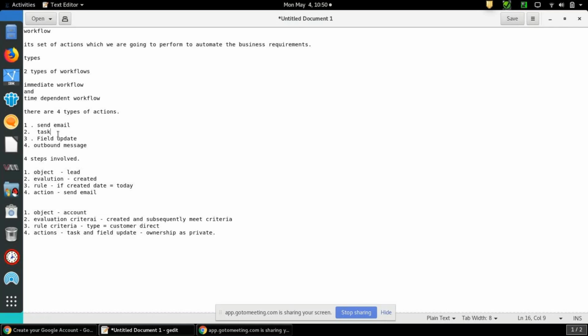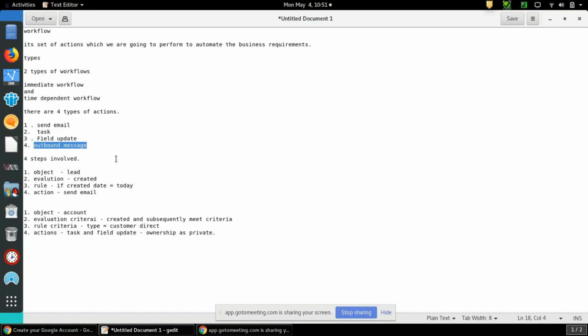And field update. Suppose you want to update a field in the same object, if I create a record today and select some option, you want to update another field in that object. In that case, we'll go for field update. And what does outbound message mean? Outbound message is nothing but something you're interacting with outside of your organization.